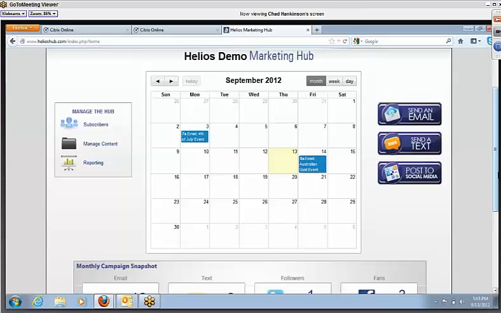And typically, what happens is when you schedule campaigns, you can build and schedule these campaigns all in advance. You also can do them on the spot, but they will show up color-coded on your screen. So if I walk in, for example, on October 1st, and I've done my marketing campaigns for October, I'll be able to see what email campaigns I've got going out and when, what text messaging I've got going out and when, and what's